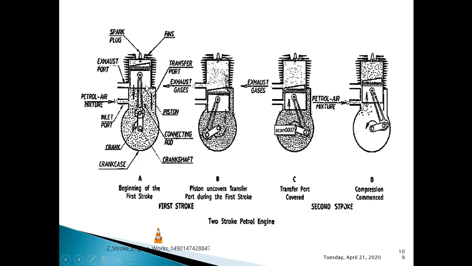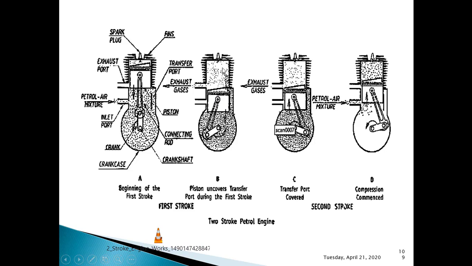Piston will start to move towards bottom dead center, and during its movement first it uncovers the exhaust port, whereby part of the exhaust gases will go out. Then again in its downward movement it uncovers the transfer port. As soon as the piston uncovers the transfer port, the slightly compressed air fuel mixture enters this combustion chamber through this transfer port, and the fresh charge which enters the engine cylinder forces all the exhaust gases to move out of this combustion chamber through this exhaust port. So that process is called scavenging. You can write the definition once.